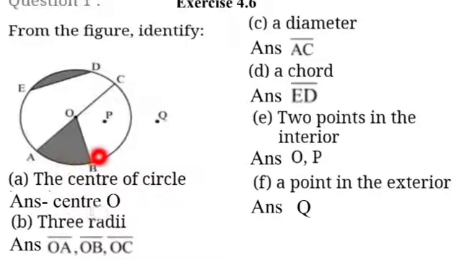Students, let me explain two more things here. You can see the shaded region here. This is not a triangle. We cannot call this a triangle. Why? Because a triangle has all three sides as line segments. See, here OA and OB are straight lines, but you can see AB is a curved line.